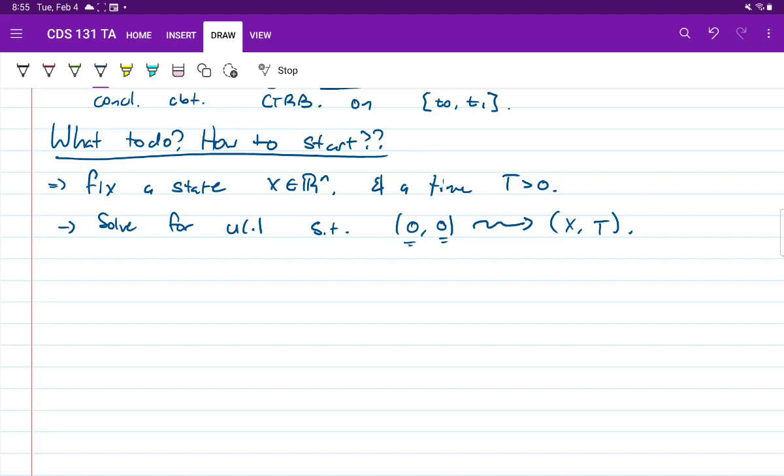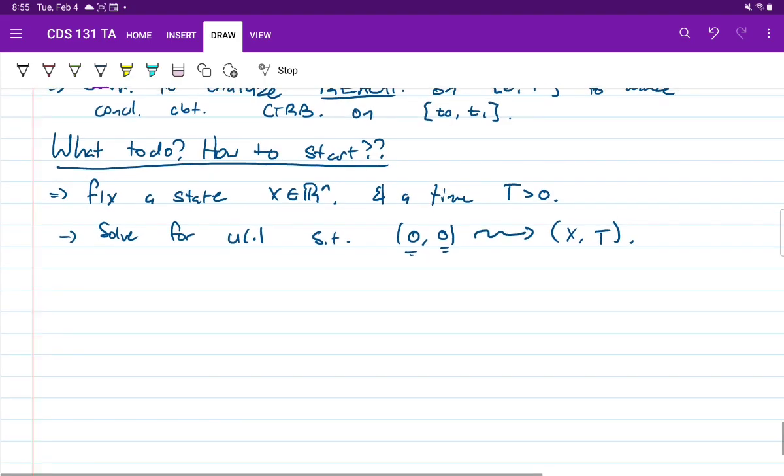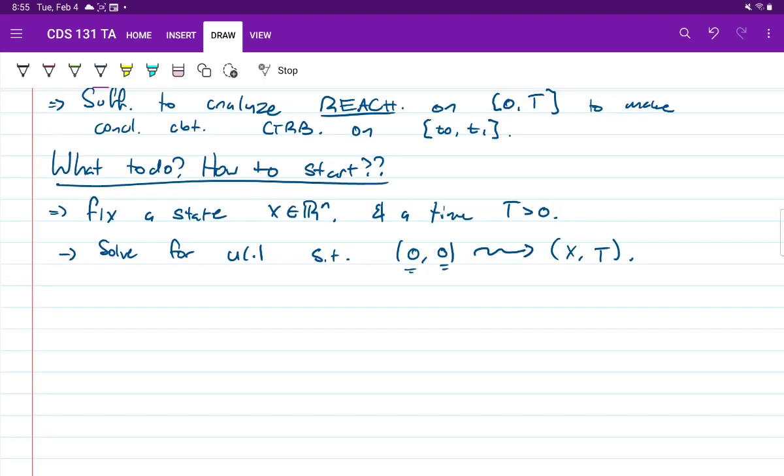Well, let's start by examining the basic structure of the state equation, right? You might remember that based on the solutions to LTI systems, what we're looking for is an input signal u that satisfies this equality, the integral from 0 to t of e^(A(t-τ)) B u(τ) dτ, okay? This is just directly from the solution to a linear time invariant system. So how am I going to pick my input u?